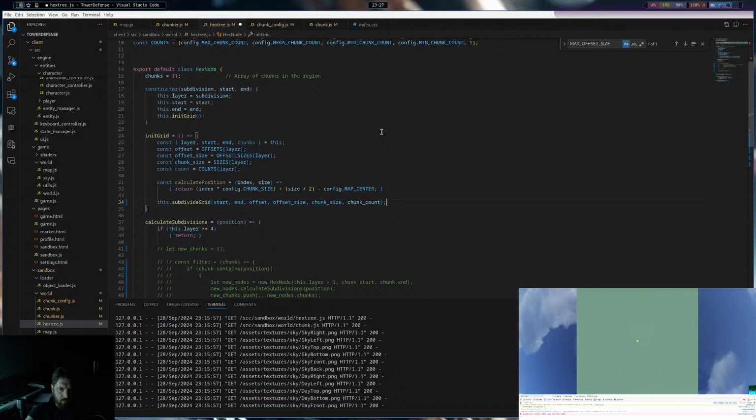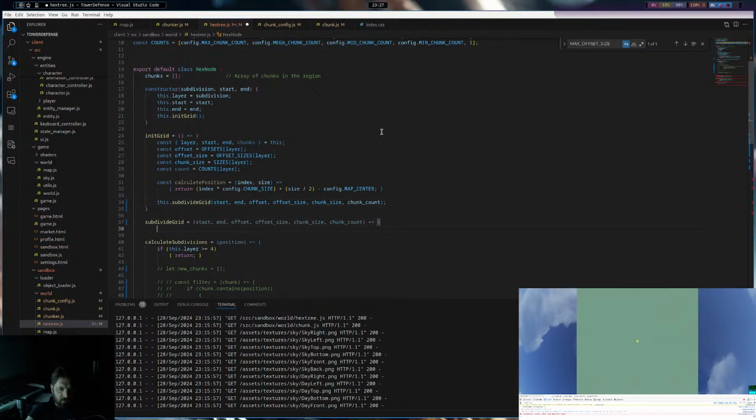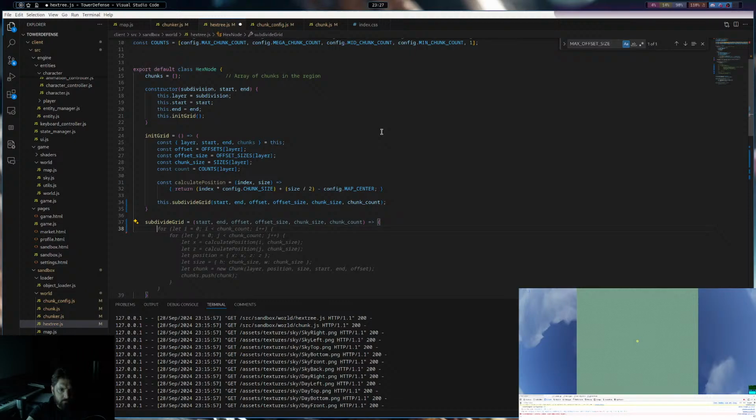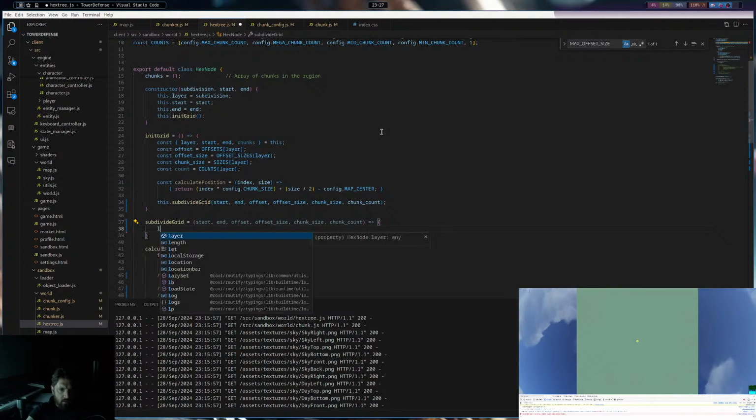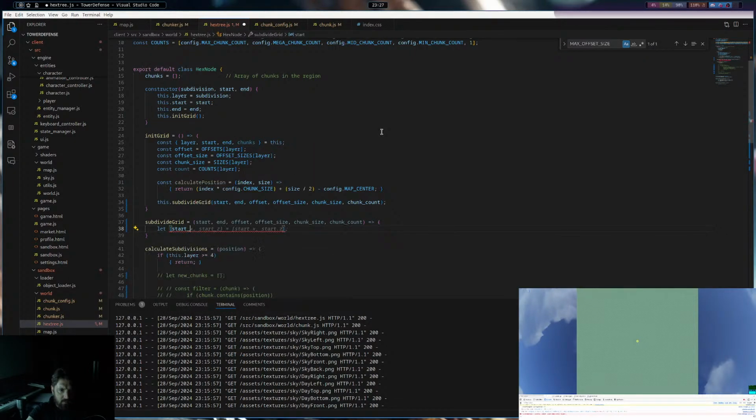And then we'll create a subdivide grid that takes all of these things. And we'll say let start x, start z, let index, let end z.